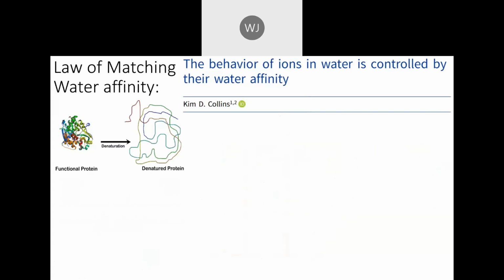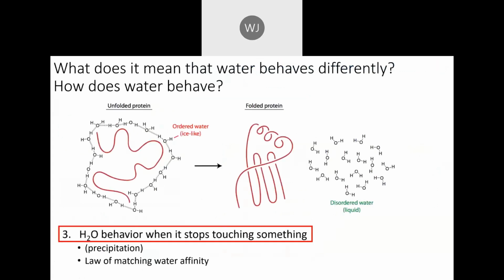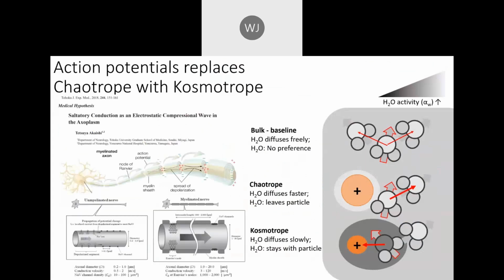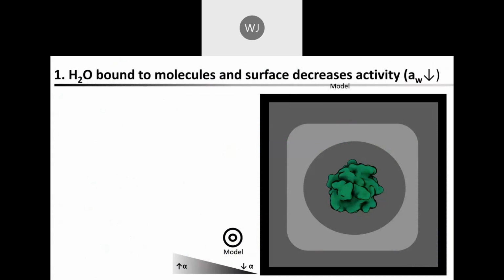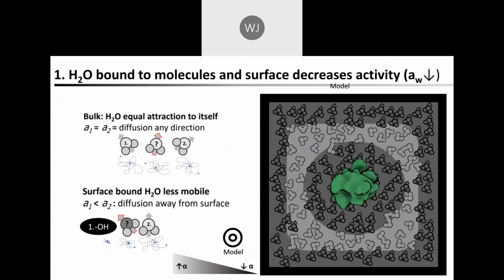Like touching a glass? Let me try to remember the dashed lines I had when it's touching glass. Yes, here. Those dashed lines under the water molecules. Are those dashed lines a real measurement or just...? So the dashed lines, if I was to look at the diffusion, or where these molecules are in 10 nanoseconds, I would say like this, because this is immobilized on the side of the glass or on a protein, it diffuses much less. So this is made up, but